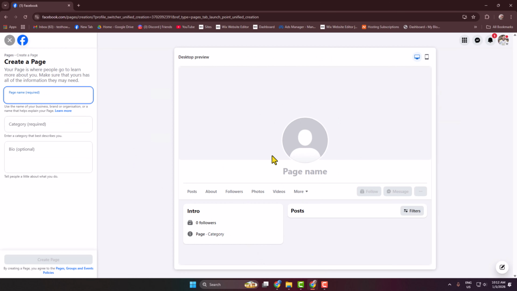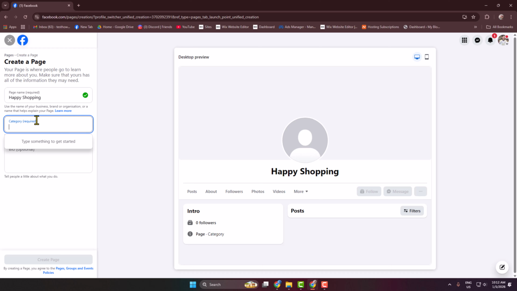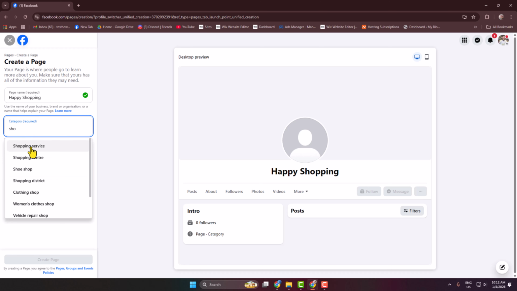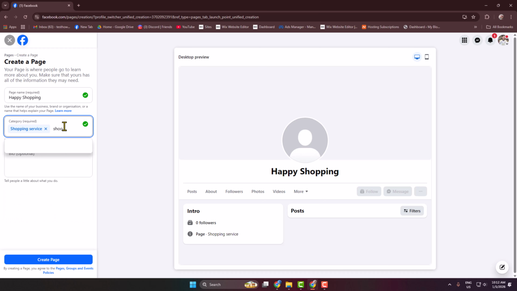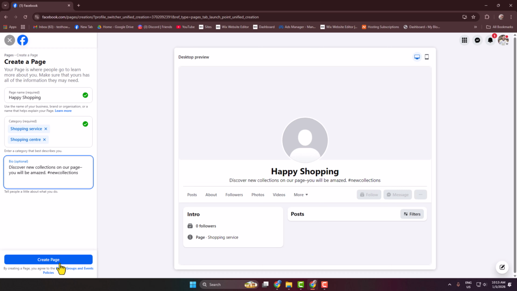And we can see our page profile in this right hand side, and in this left hand side we can customize our page. So first of all, type your page name. And we can see the preview. Now right here your page category. You can select multiple categories at once, and then enter here a bio for your business page. And now click on Create Page,